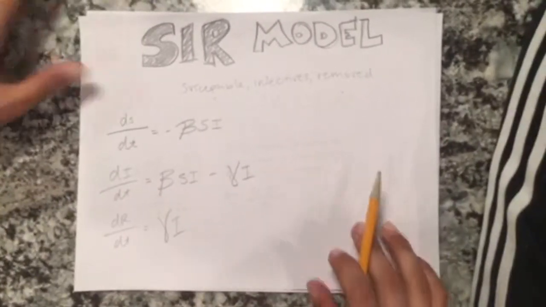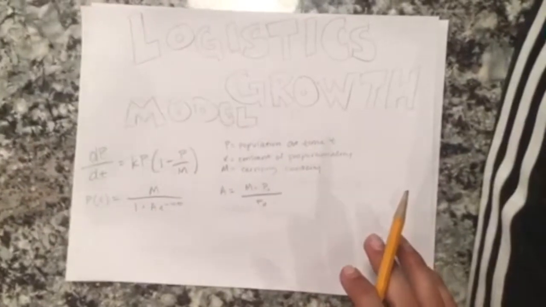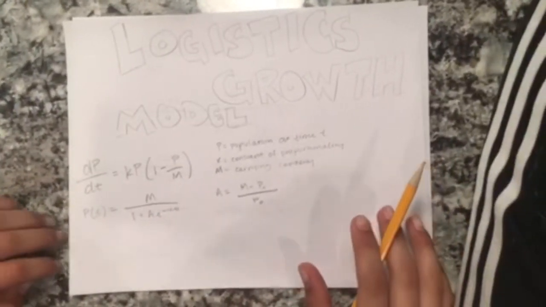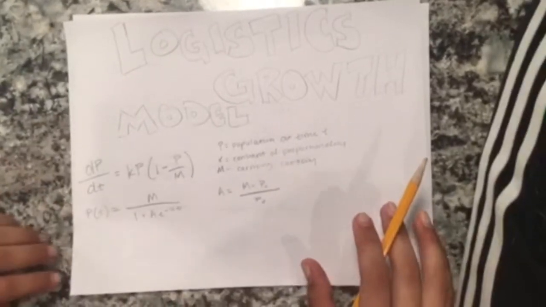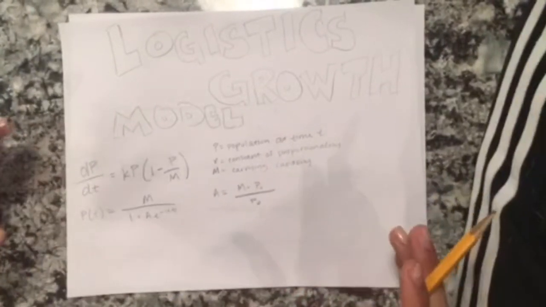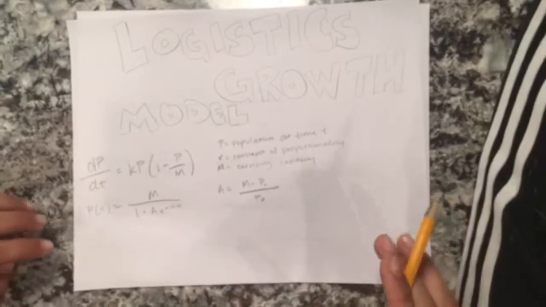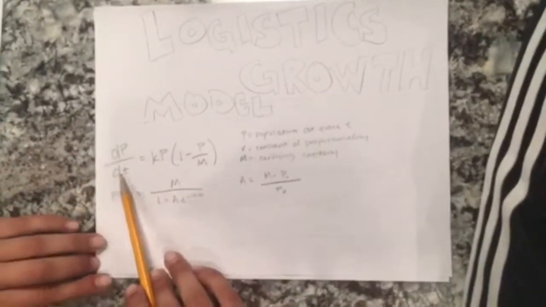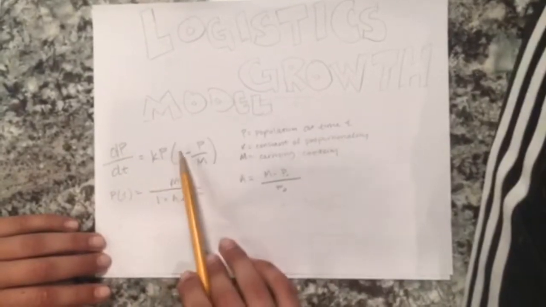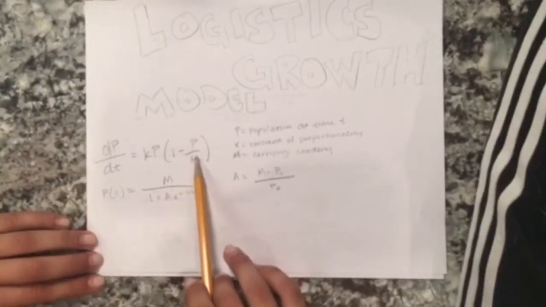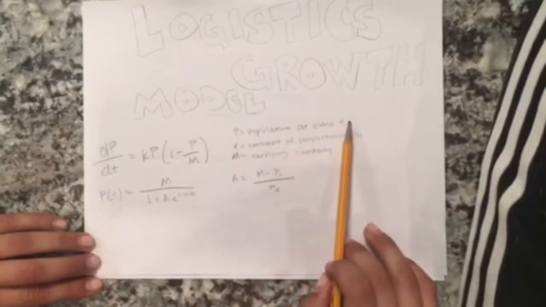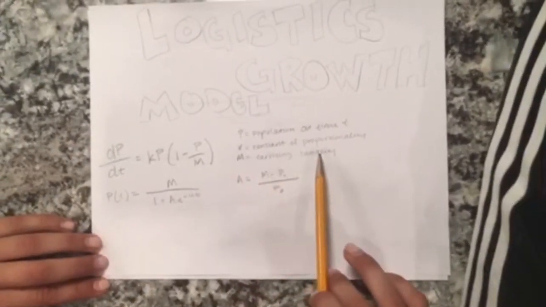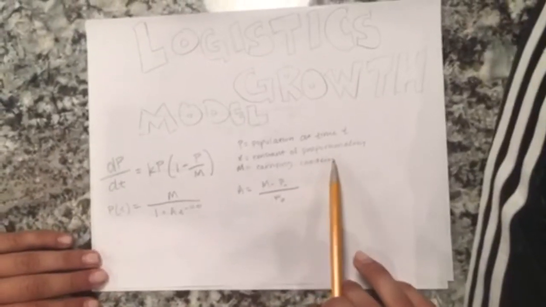However, this model has become too complicated and tedious to work out, but a cousin, per se, of the SIR model is the logistic growth model, which takes out the removed individuals and simplifies the S and I individuals into one differential equation for a population, which can be represented as the rate of change of the population with respect to time, which equals K times P times 1 minus P over M, where P is the population at time T, K is a constant of proportionality, and M is the carrying capacity,